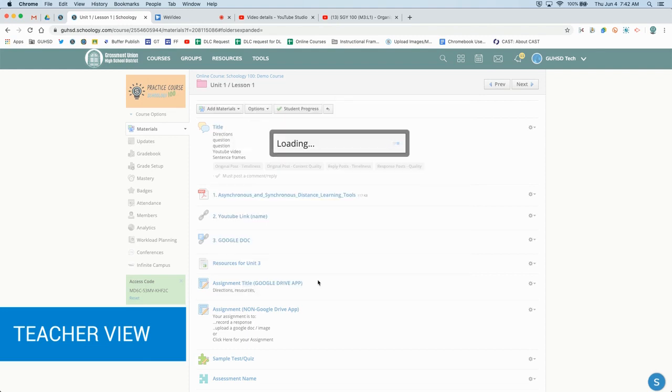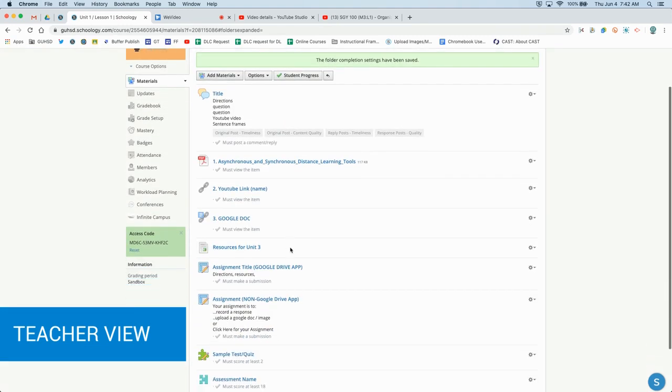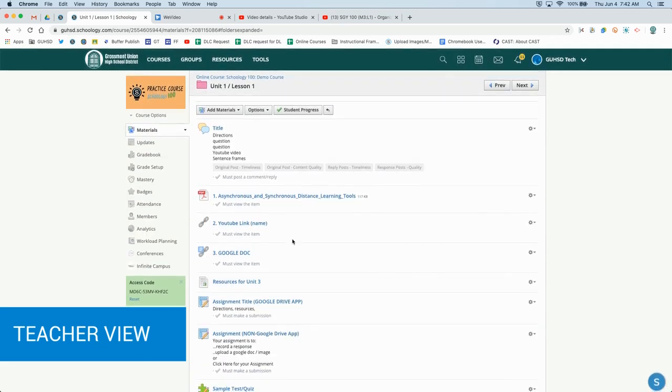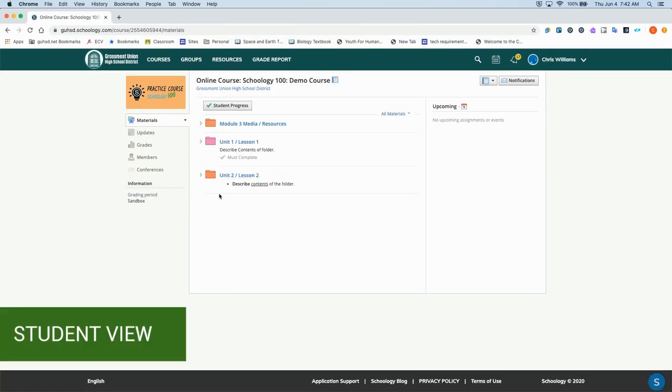I'm going to go ahead and save our changes now. And we notice that we see the action required for each of these activities that I have specified in the rules themselves. Now we're going to switch to the student view and see how it impacts the student experience. So I'm here in the student view now,